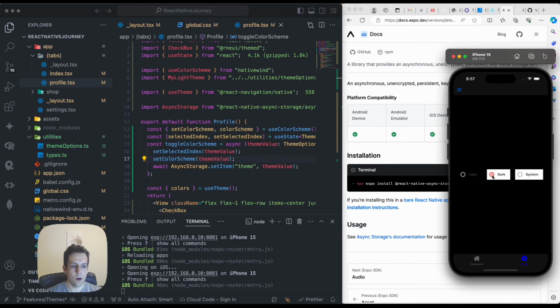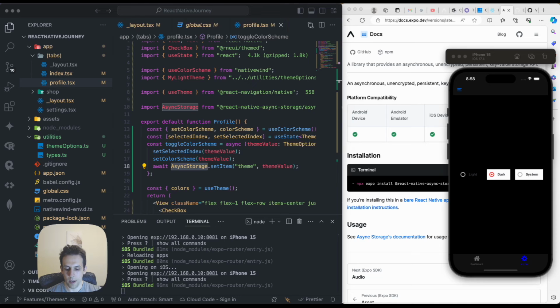So if I do dark here, this is now saved in the async storage, and now we need to grab that for two reasons. One, we want to assign that theme when the user reopens the app. Two, we also need to make the correct selection here based on what they have set. So the dark theme is selected now, so when they come to this screen, we need to have this radio button selected. So we're gonna take care of